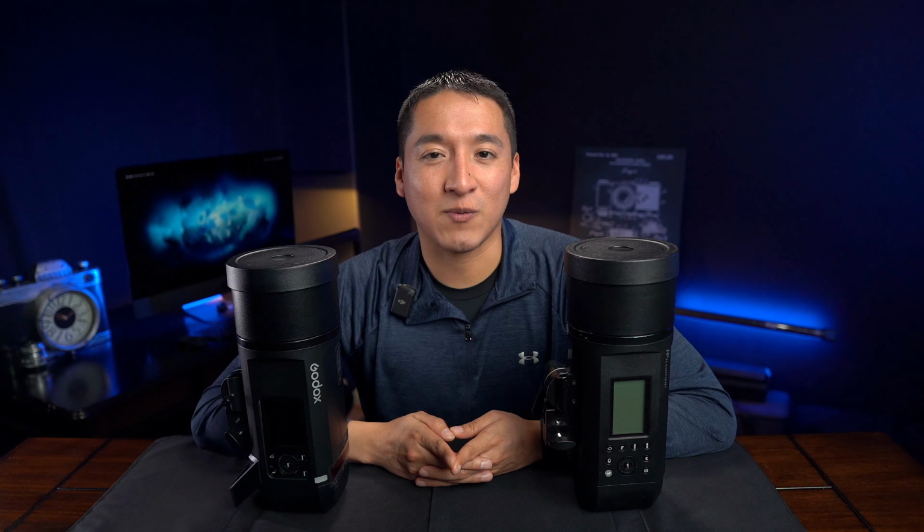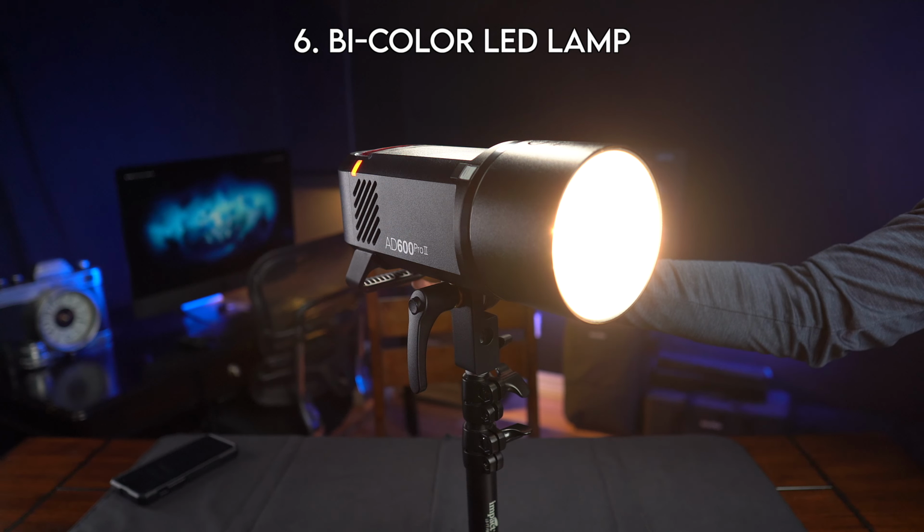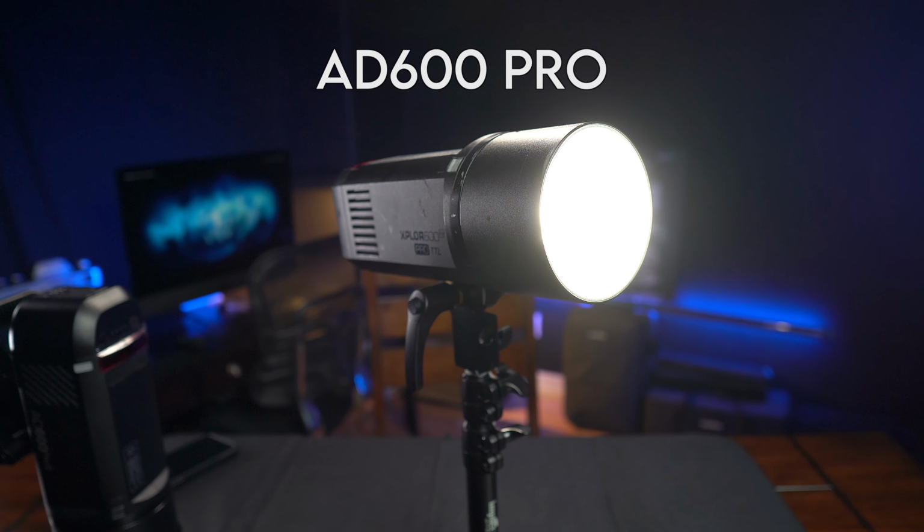The last new feature that I want to talk about is something that I was personally really excited for, which is the new bi-color 40-watt LED modeling lamp on the 600 Pro 2. On the original, you didn't have the ability to change the color temperature, and it was a little bit weaker at 38 watts. The reason why I was really excited about this bi-color LED lamp is because in the past,